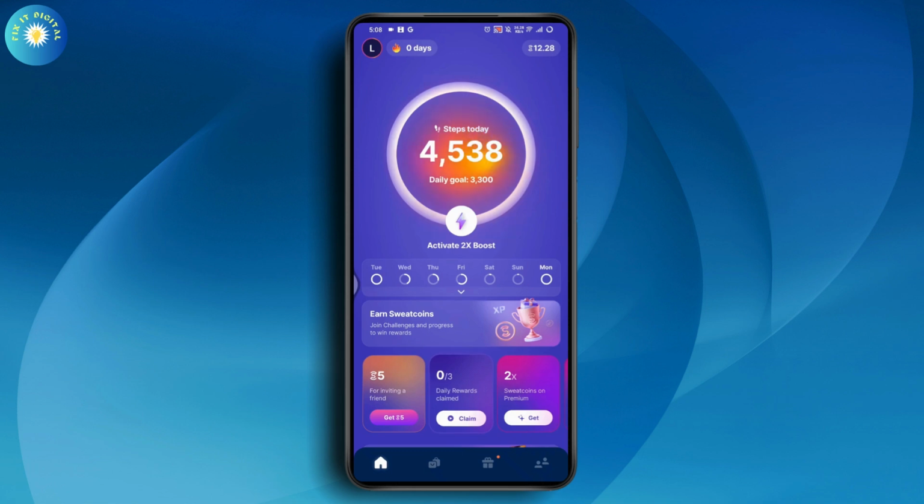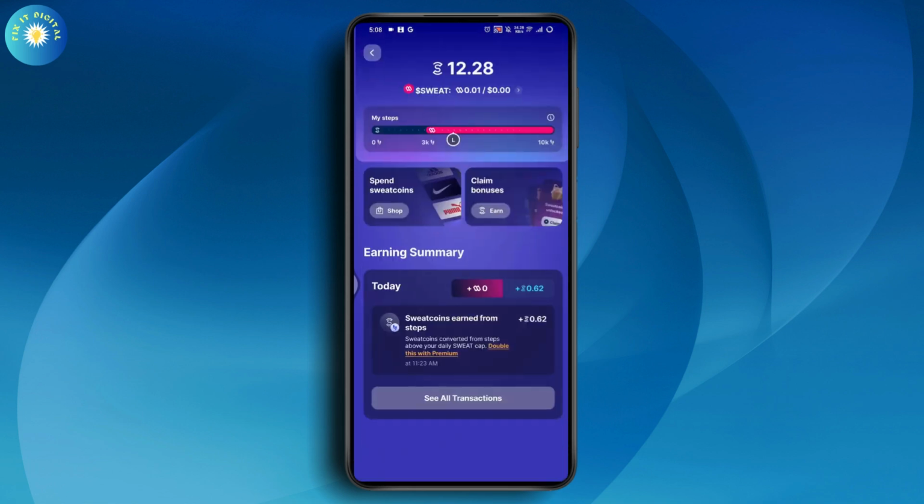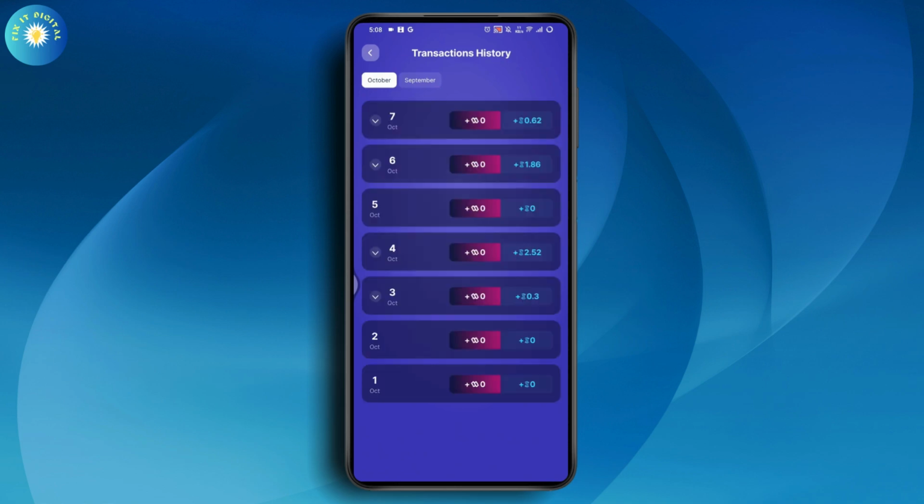Sweat wallet. You can go with the balance, which is on the upper right, and once you go with the balance, you can go with see all transactions, and here you will be able to see how many Sweat coins you've received on that particular day. So just log in with the same account on both the applications, and you'll be able to convert your steps in your Sweatcoin. That's it,